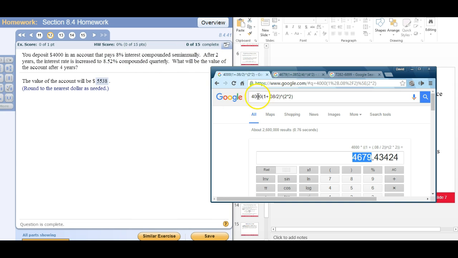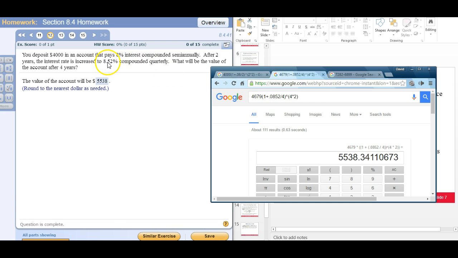So here's the first 2 years, 4,000 times (1 plus 0.08 divided by 2, because it's semi-annually, so n is 2), raised to the 2 for semi-annually, n times 2 for t, 2 years. Alright, so plug all that in, I get 4679.43-ish. It says around the nearest dollar, so we're grabbing this number and then taking that 4679 and then plugging